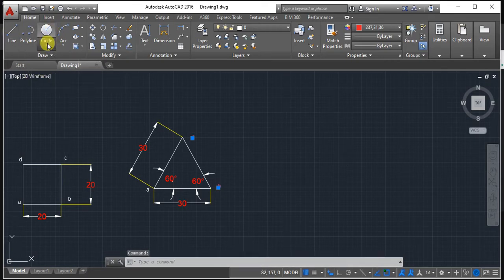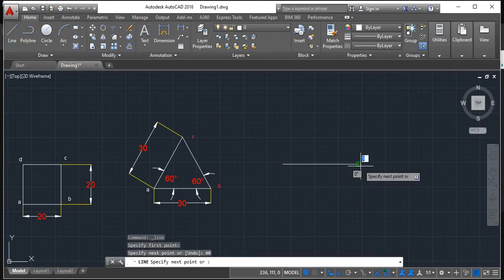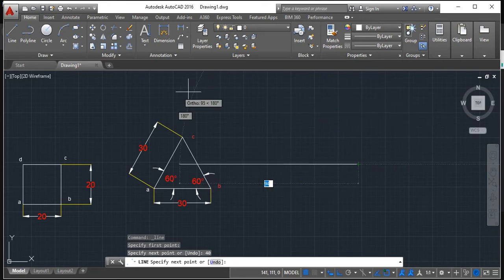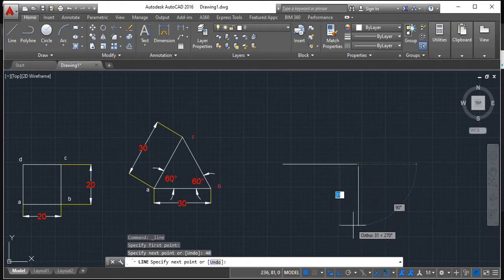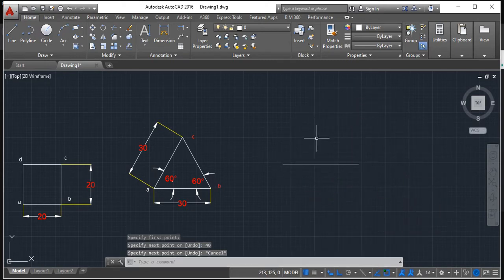Sir, why did you turn off the ortho mode? Ortho mode. See, if ortho mode is on, I cannot draw any angular lines. For example, I'm just making 40. If I want to draw another line, it would be 90. It won't go to any other angle. It will be 0 or 90, or 180, or whatever the angle, it would be an incremental of 90 degrees. So ortho mode is basically used when you have 90-degree orientation, right?